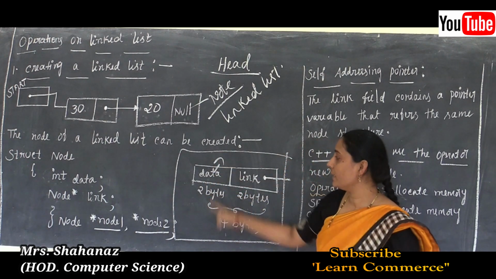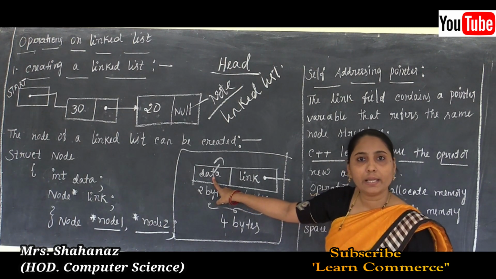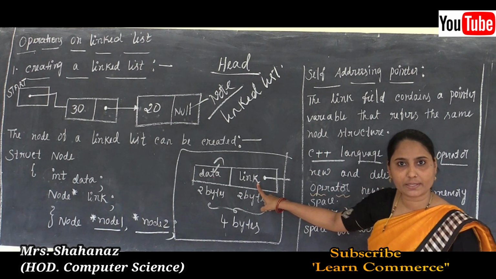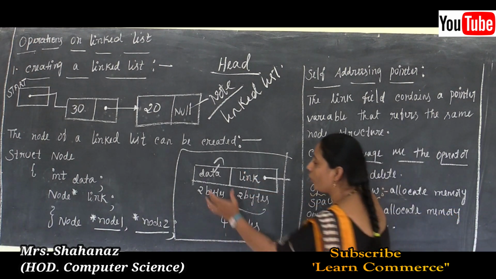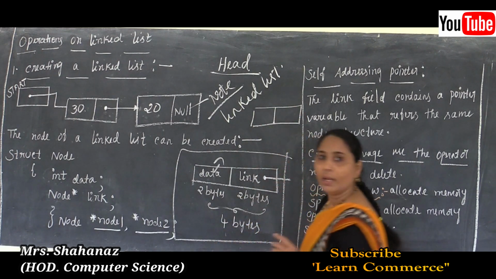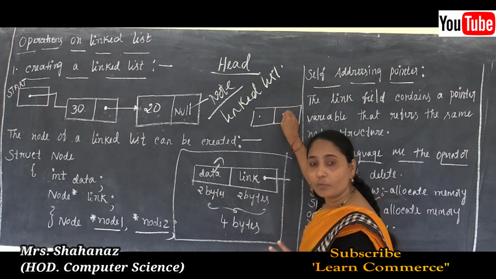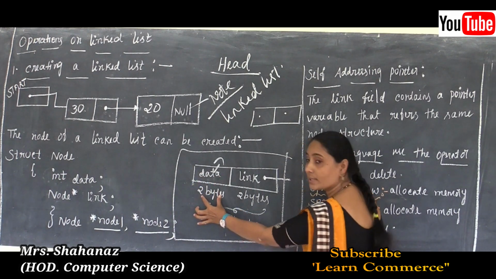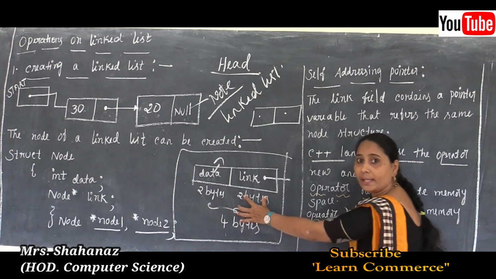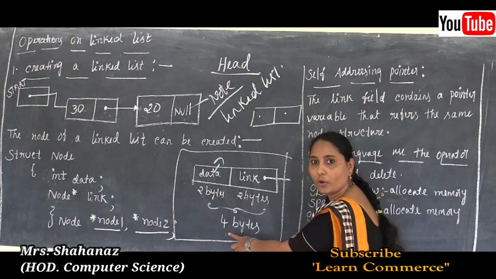Here, such one is called the data, or we can say the information. So the data or information field here, and link is the link field in this case. Because we know that this is the diagram of the node, and such a node is divided into two fields. This one is called data, and this one is called the link field. The data requires 2 bytes of memory allocation, and the link also requires 2 bytes of memory allocation. That means for each node we need 4 bytes of memory allocation.